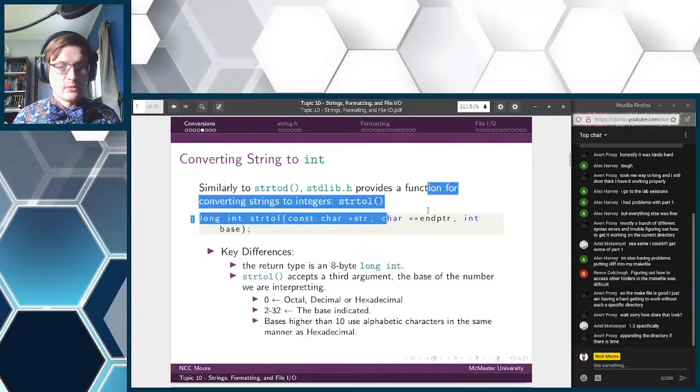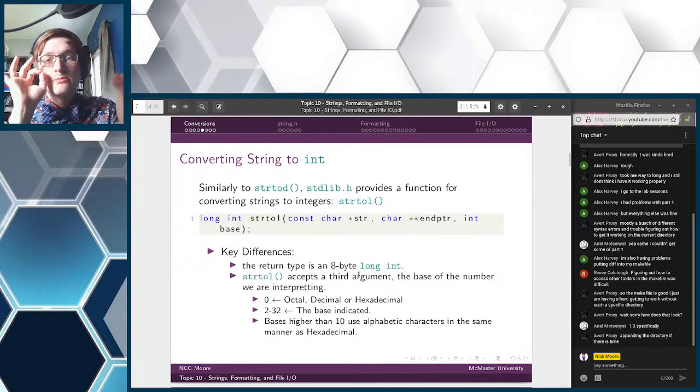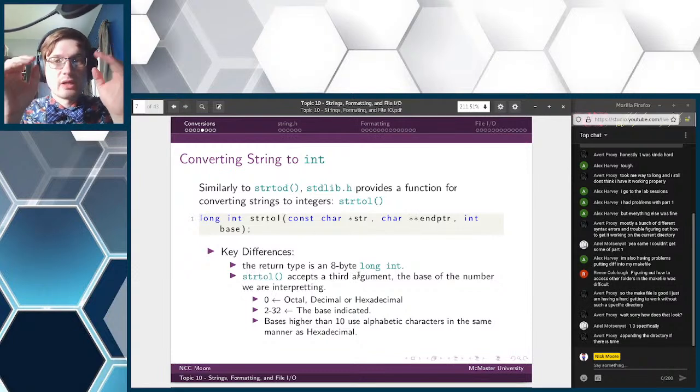String and pointer, those both function in the same manner, but we've got this new argument, int base. So the differences here between string to d and string to l are the return type, which is now long int,